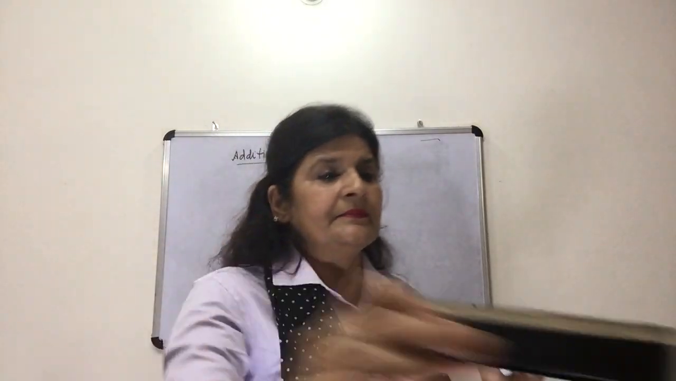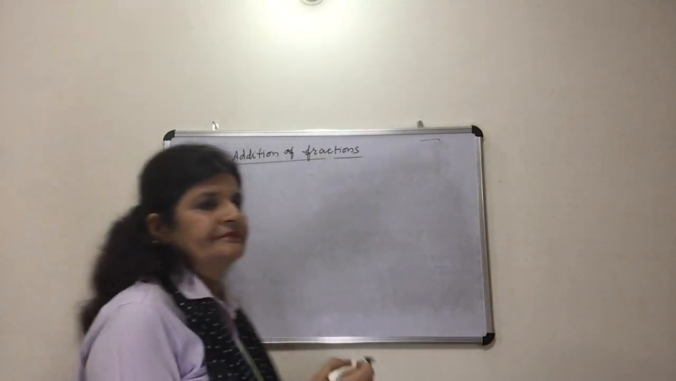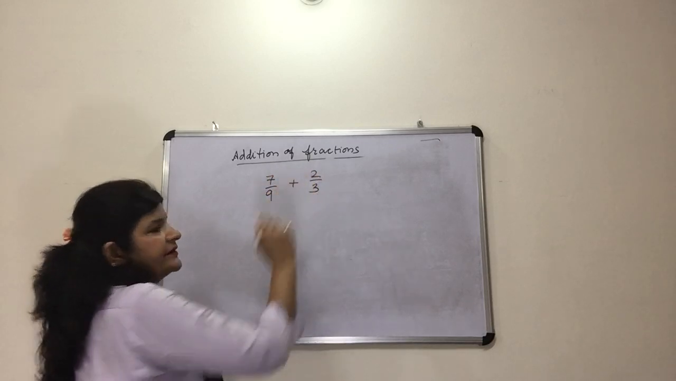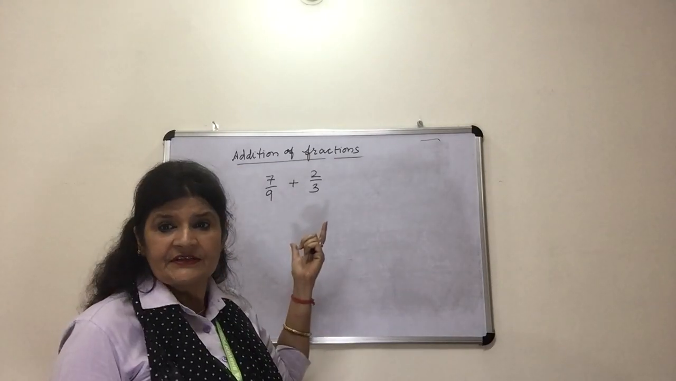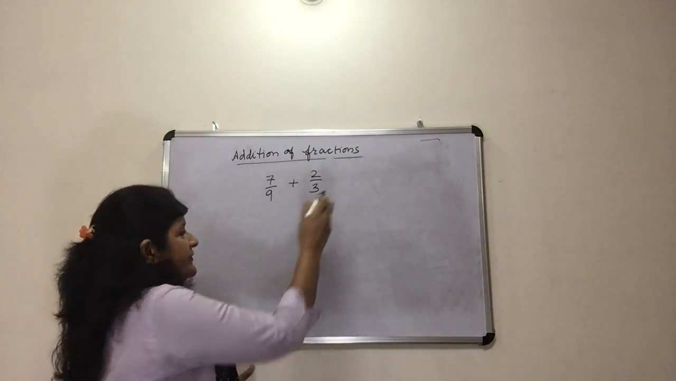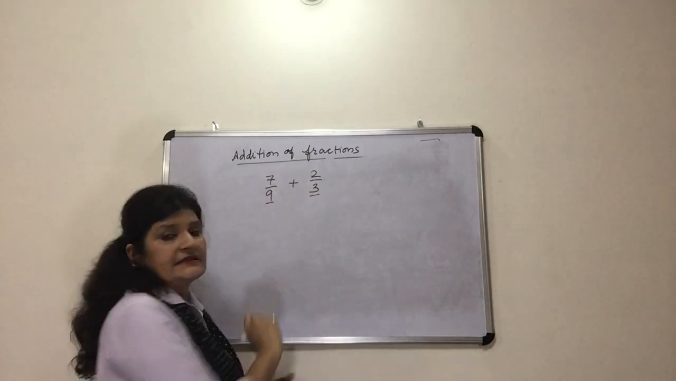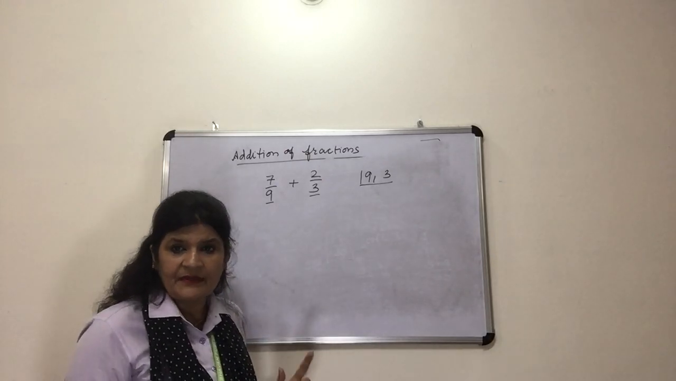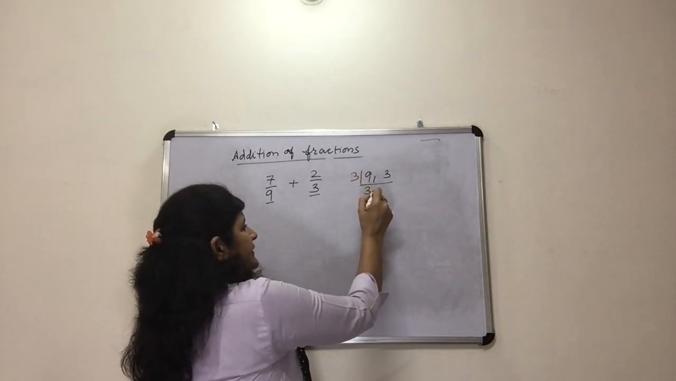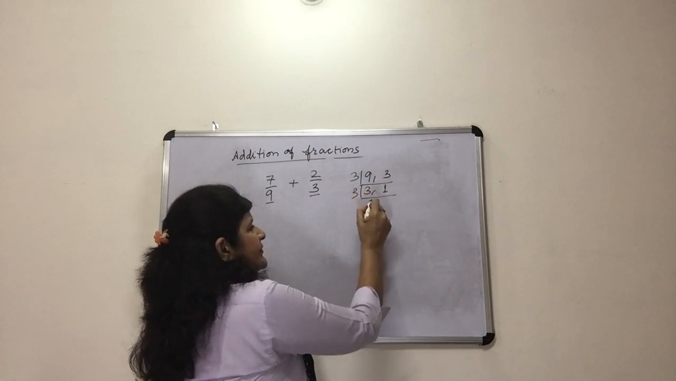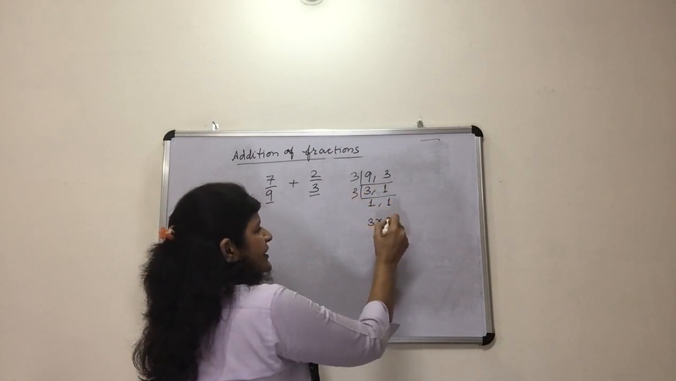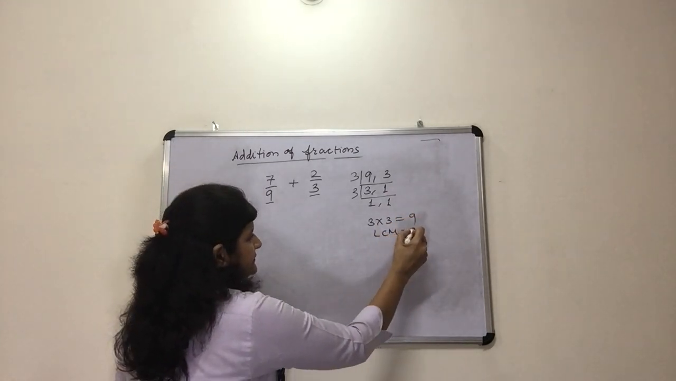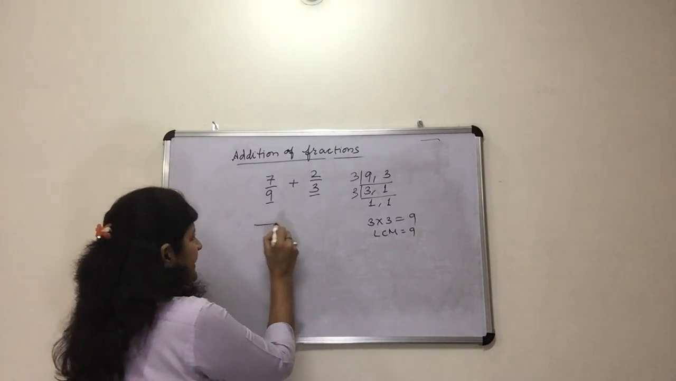I'll take one more sum. 7 upon 9 plus 2 upon 3. Right? Again, unlike fractions, so we cannot add the numerators directly. So what will we do? First of all, we will take out the LCM of 9 and 3. 9, 3. We can divide both the numbers by 3. So 3 3s are 9, 3 1s are 3, 3 1s are 3. So 3 into 3, that is 9. So LCM is 9. Right? So I am just writing 9